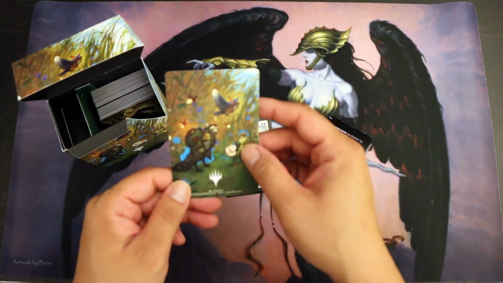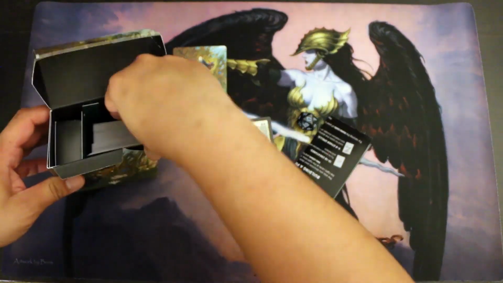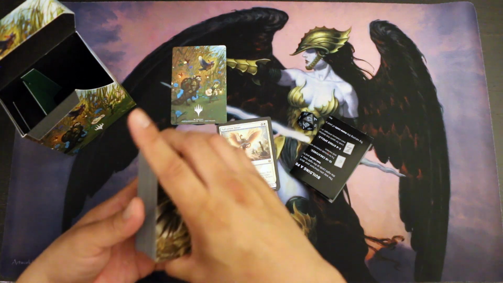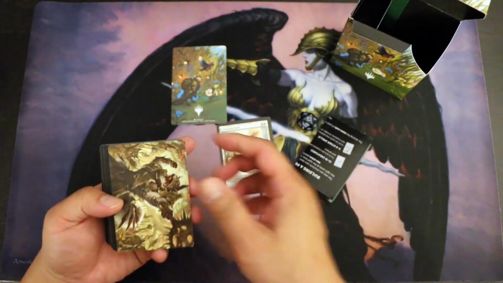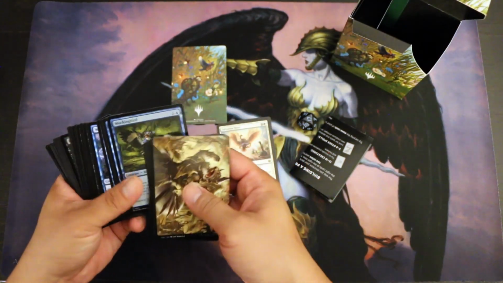You get a card divider with a repeat of this same artwork here. And then you get 6 packs of Magic the Gathering. Nothing special, nothing additional. This set is pretty bare bones in terms of what they're offering for the pre-release to help you feel the set, but the cards go a long way, and as you can see, the artwork is